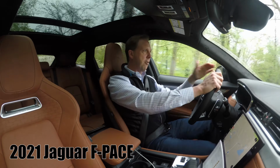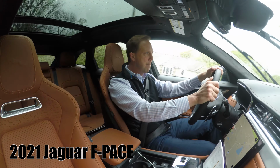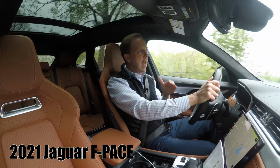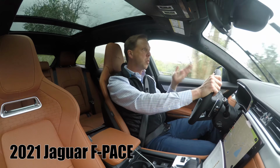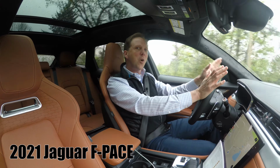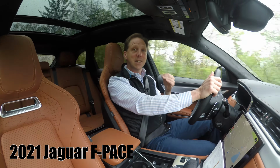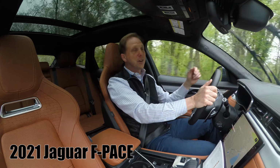of torque. Now from the outside, everything from the A-pillar forward has been updated. And just like the XF, the number of derivatives offered has been reduced from 12 to 5 to simplify the buying process. And even though the XFR has been discontinued, the F-Pace SVR lives on if you would rather a